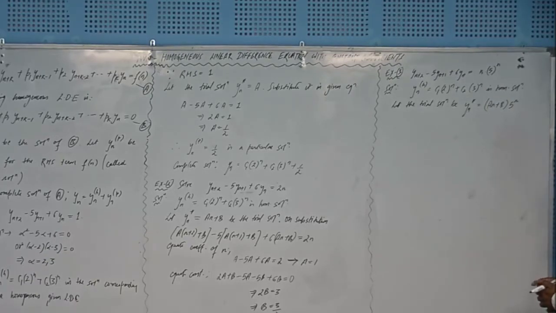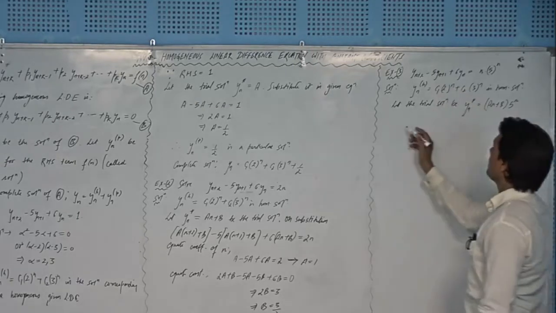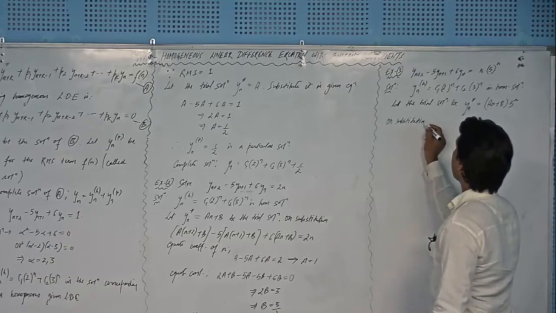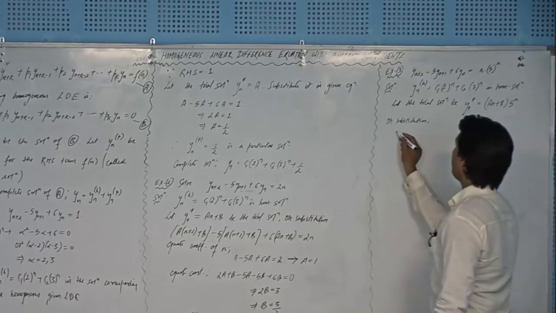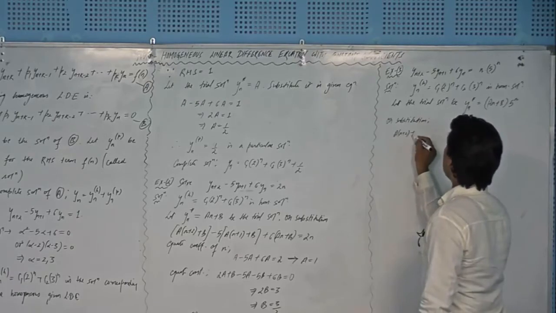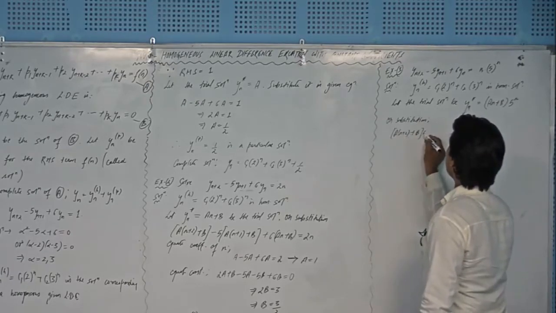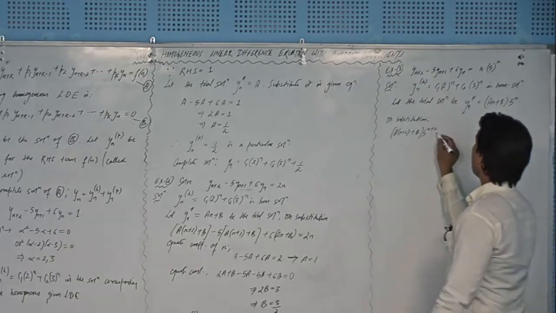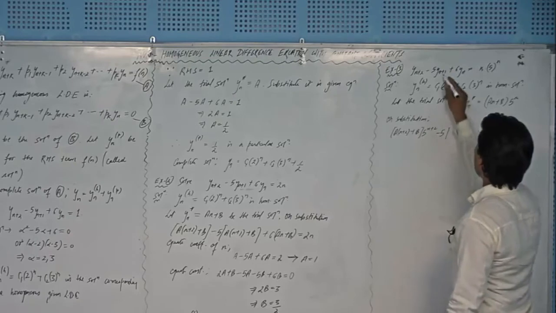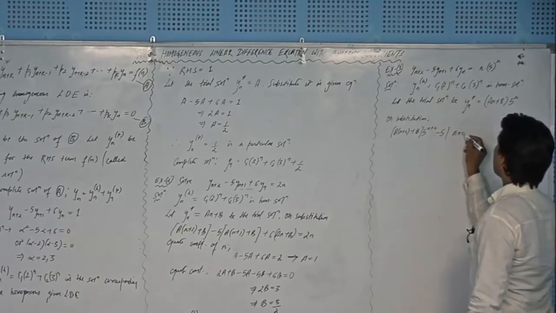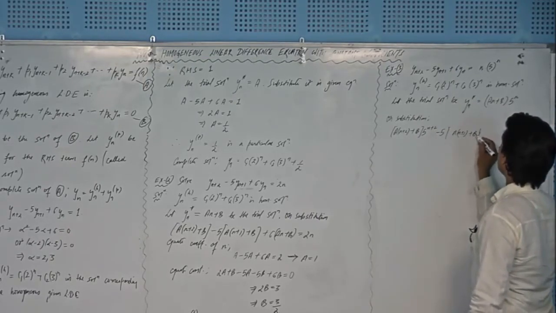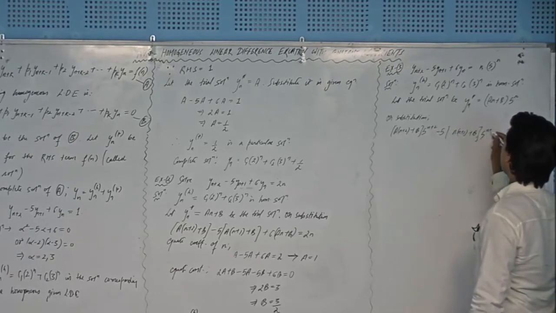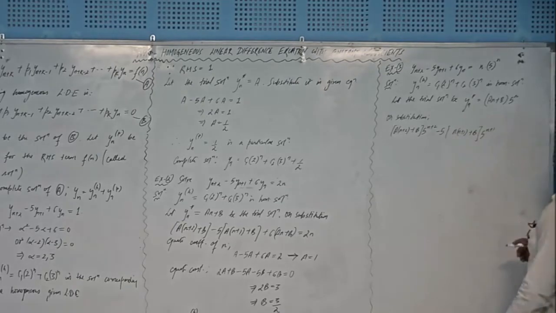Okay, and now I will plug this here. This will give me, on substitution, a times n plus 2 plus b times 5 to the power n plus 2. This is for the first term, right? You can see, and the second term will produce 5 times yn plus 1, that will become a times n plus 1 plus b, and then 5 to the power n plus 1 is also there. I should write it outside. It will become n plus 1, and then 6